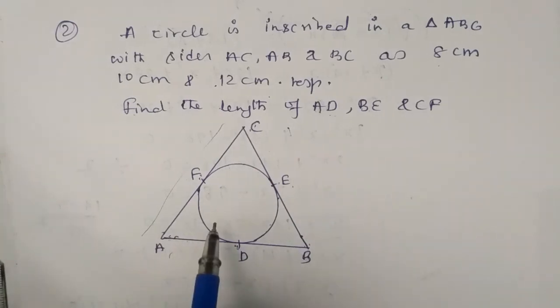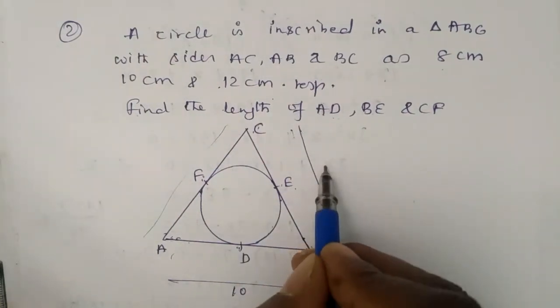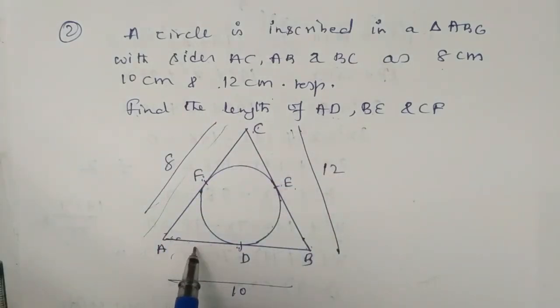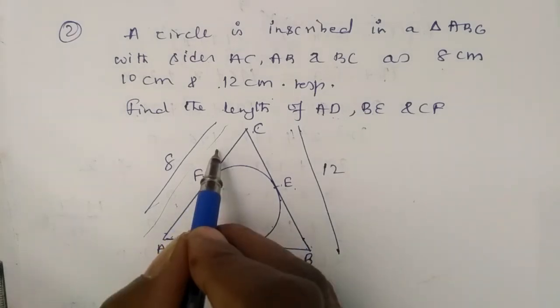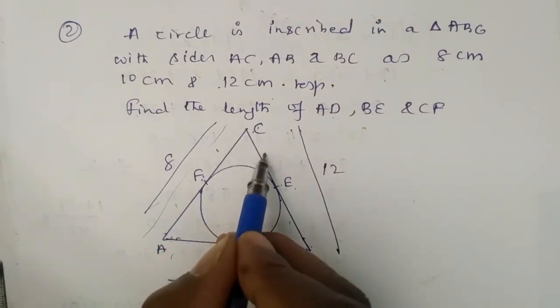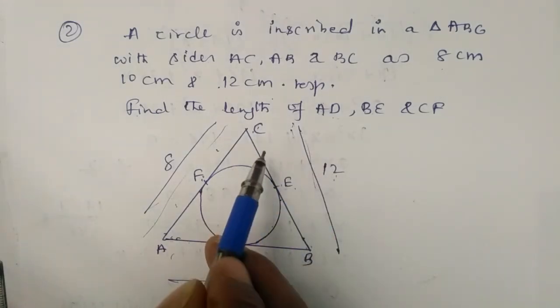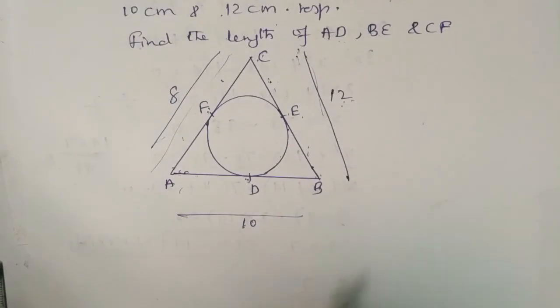So take any one tangent as x. Better you take this whole length given as 10. This BC is given as 12 and this is 8. So you make this as x. First you take this as x. Once this is x, this is 10 minus x. Once this is 10 minus x, this is also 10 minus x. Next, this is x, this is 8 minus x. Now this also becomes 8 minus x. Finally, the BC length is 12 now. That 12 is equal to 8 minus x plus 10 minus x.